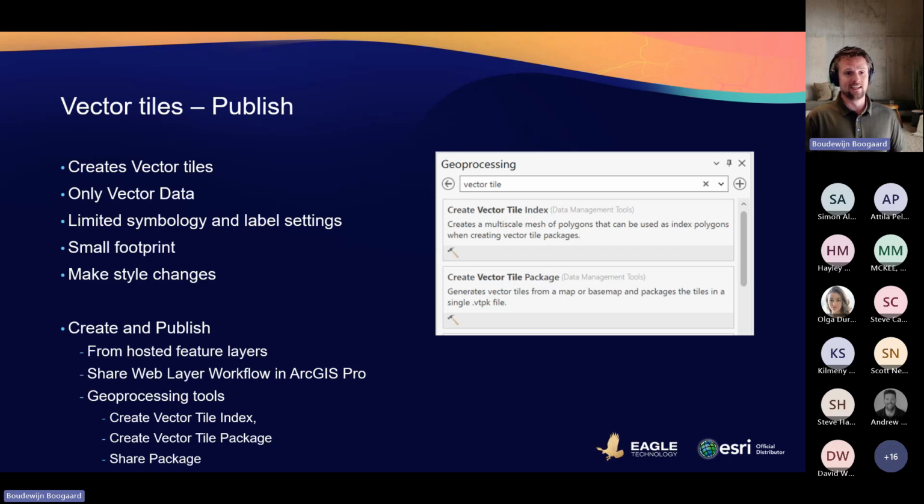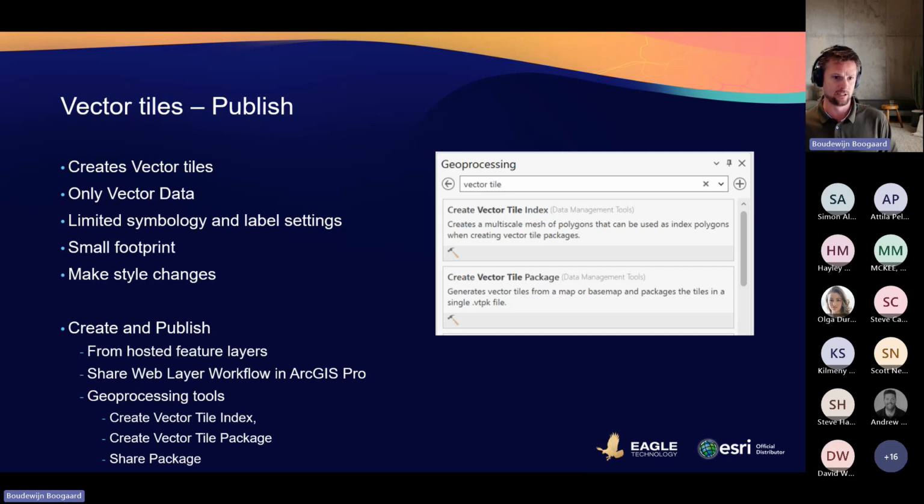Key benefits are that it's very small. For example, for the whole of New Zealand, our base maps are cached in under 800 megabytes, whereas the raster tile for New Zealand is a few hundred gigabytes. And another key difference is you can make style changes. So you can change the way that tiled layer looks. For example, for the base maps that we publish for New Zealand, we have one tile cache, but we have different styles that create the canvas base maps, the topographic and the navigation maps.